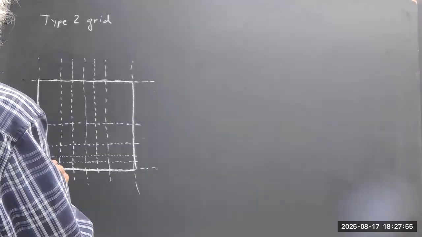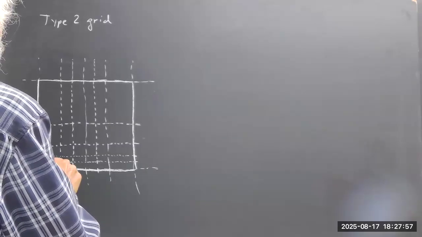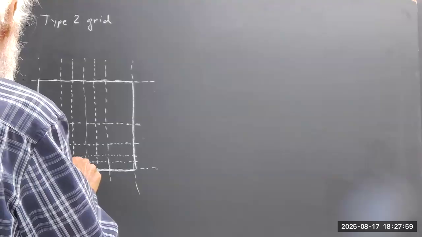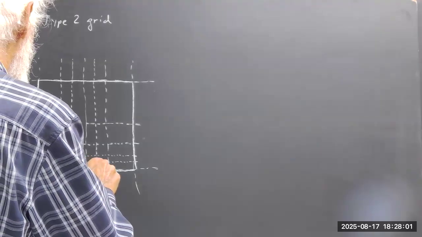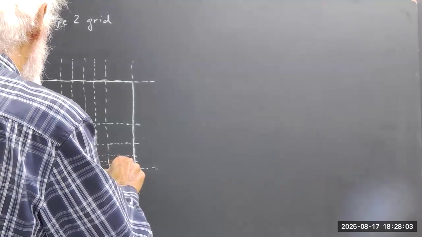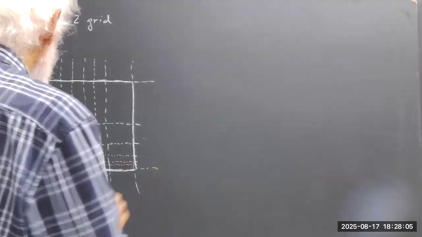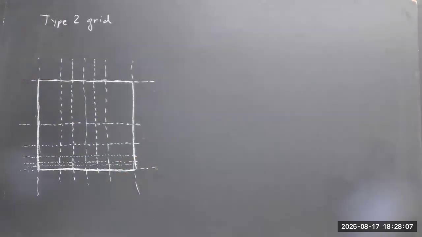And here's a fifth. And the spacing between here and here is twice as great as the spacing here. And then this space is half of this, and this space is half of this,